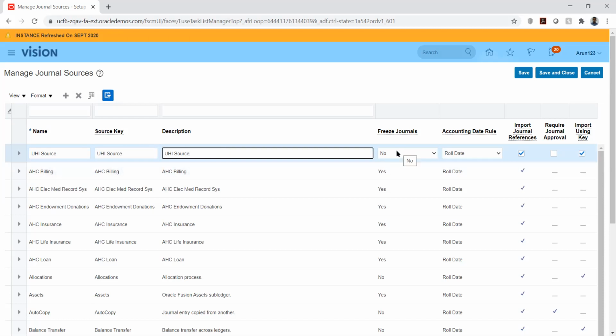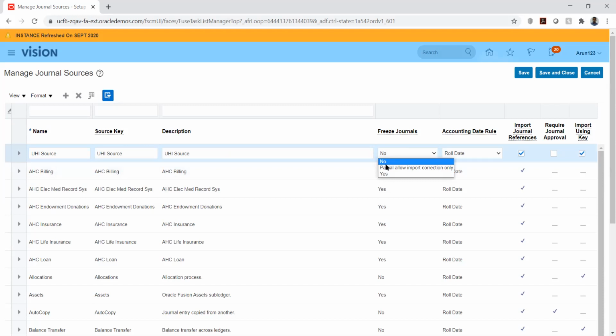So basically, when do we freeze journal? Let's say I have a scenario where after I import the journals, I don't want the user to make any changes. I'll allow only to post it. For those cases, we can freeze the journal so that updates will be restricted.